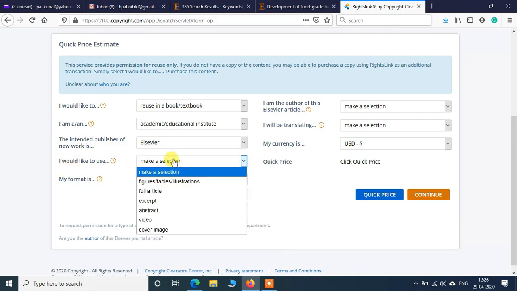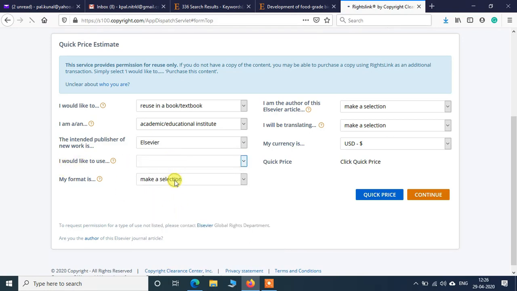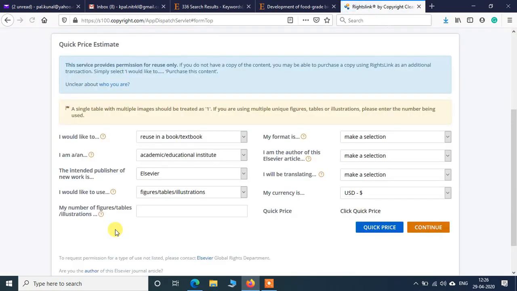I would like to use figures. My number of figures, tables or illustrations. As I said, it's better to take only one figure or table from one publication. In that way, Elsevier does not charge you anything in most of the cases. Okay, so I will select one.